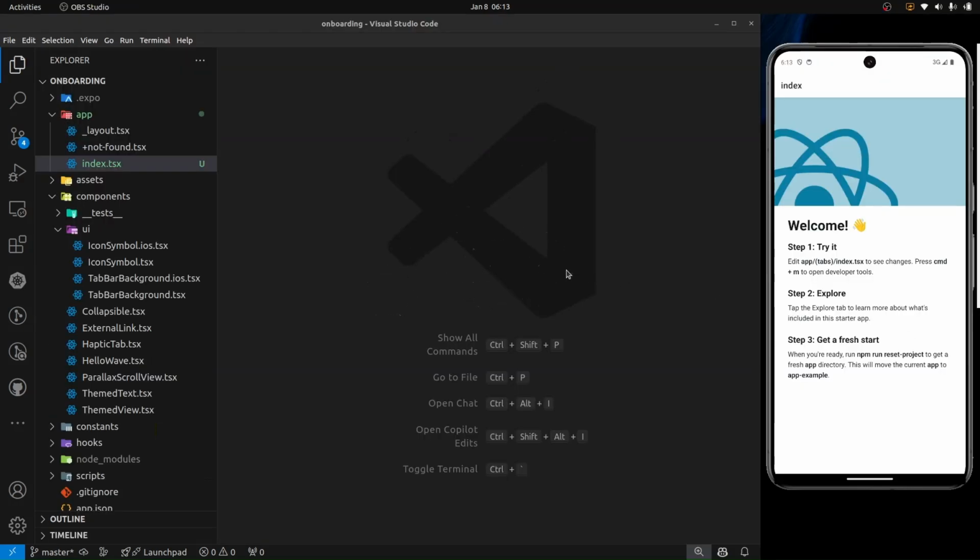Alright, so here I have a blank React Native application, and the only thing I changed is that I removed the tabs and brought the index page to the root of the app component. So you only have the index page being displayed. The explore page and the other tabs that were under it are no longer available, just the index page. Now inside this